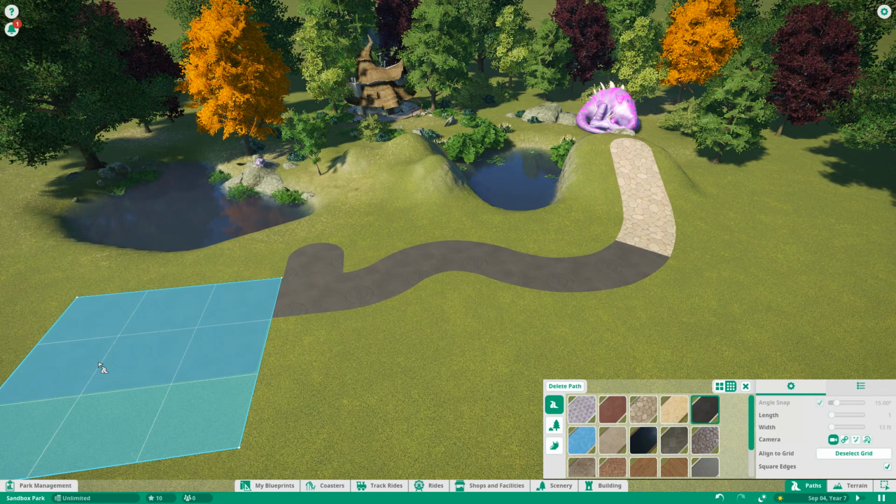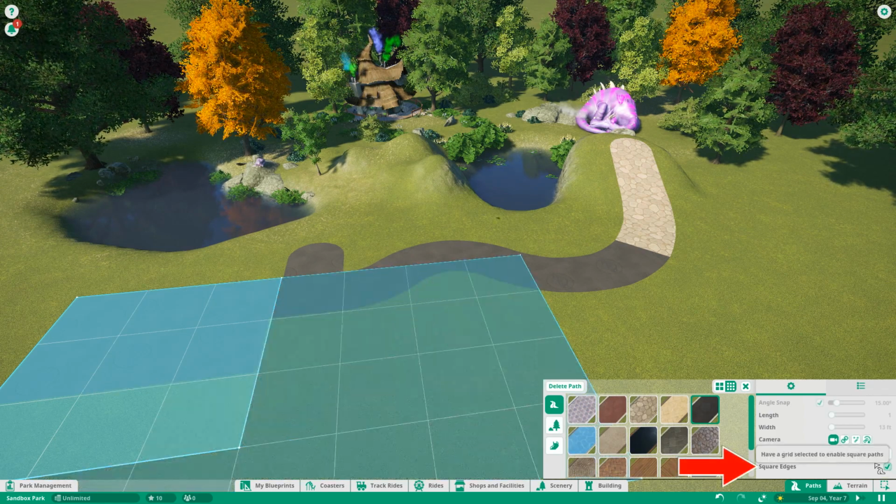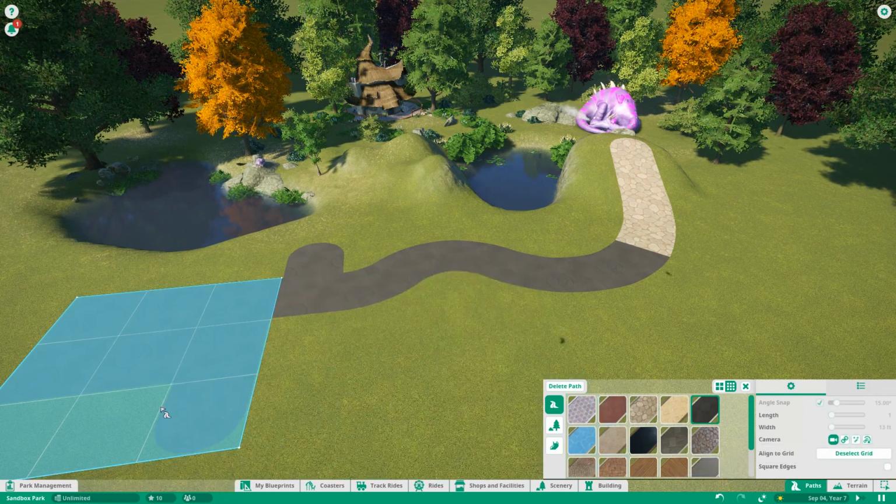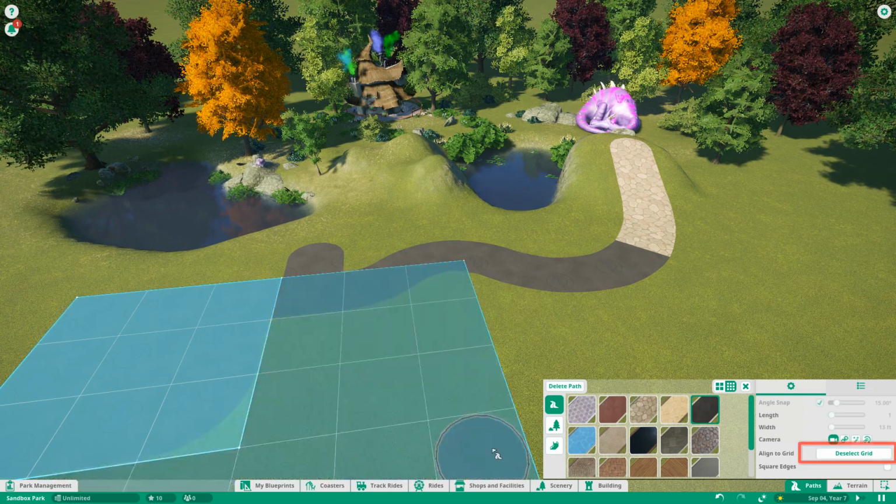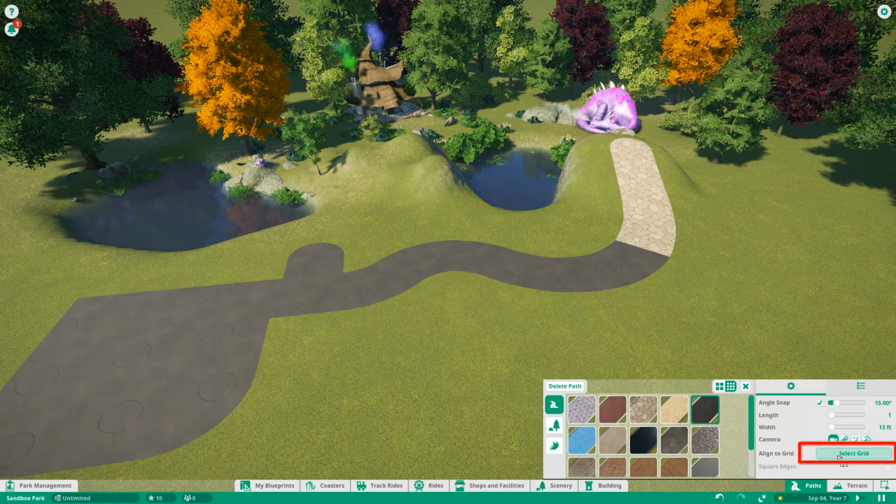If you don't want your paths to have square edges, deselect the Square Edges box back in your basic options. Once you're satisfied with your path, click Deselect Grid. If at any point you make a mistake while creating your paths, don't worry, there are several ways to fix